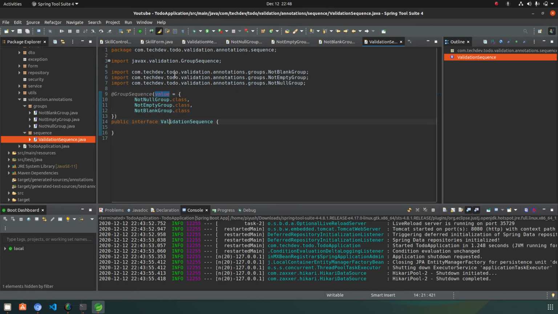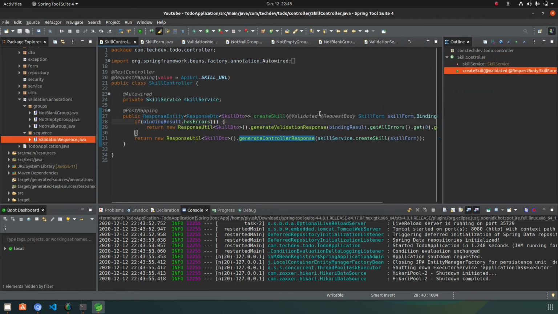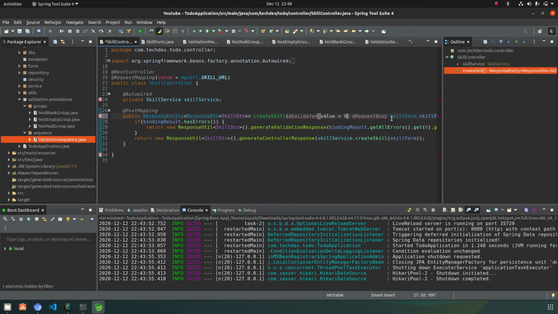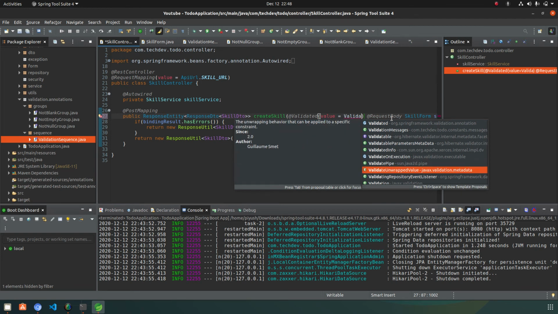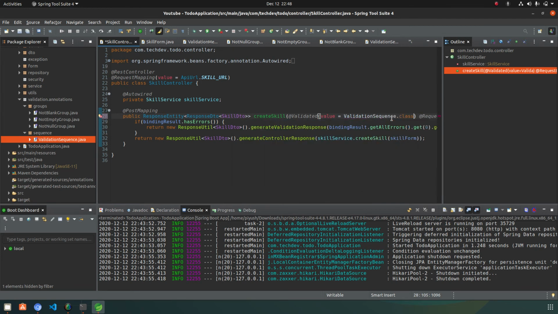What the other thing we need to do is we need to go to the controller, and as I said in the earlier video, with the validated annotation there is a value attribute in which the sequence will be defined. Means the validation sequence dot class. That's it.